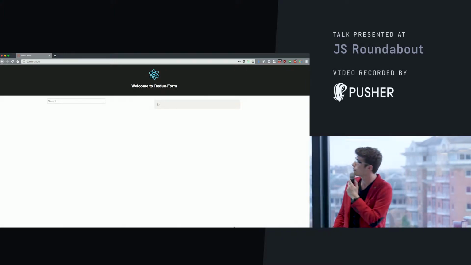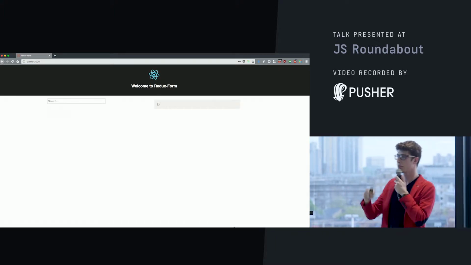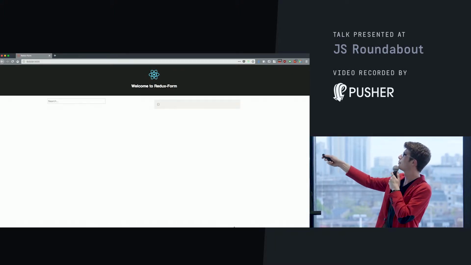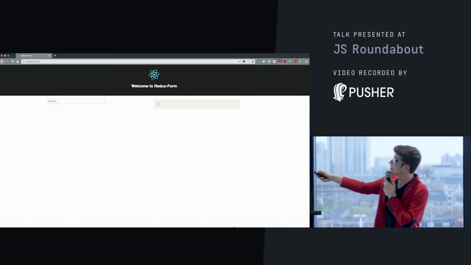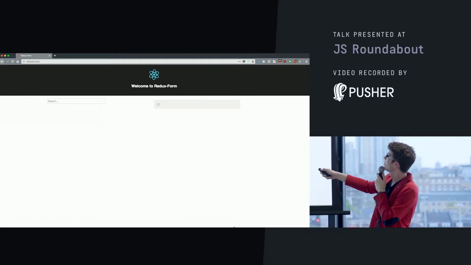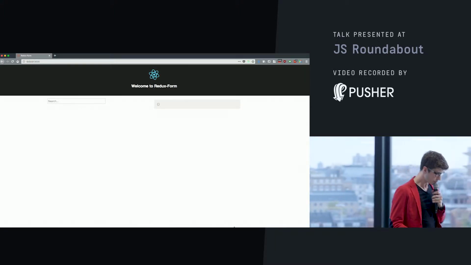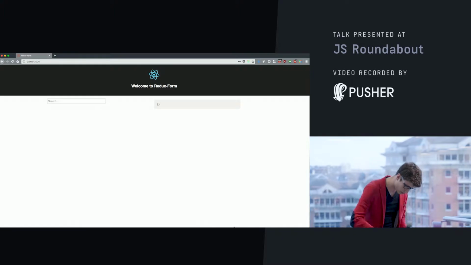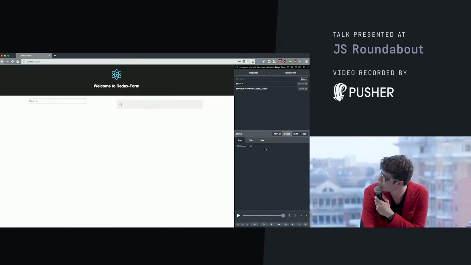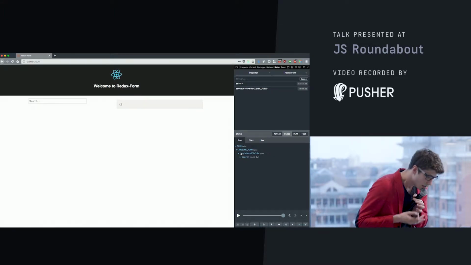Do you see some stuff? Yes. So here I have a very simple app that suspiciously looks like Create React App. So what do we have here? We have a field, all alone. And here a thing that will just display some part of the state to make it easier to read. And I will open the DevTools. So if we look at our DevTools, we see here a form key. And inside that, we see an awesome form key. And inside that, we see some more stuff happening. Let's check the code of all of that